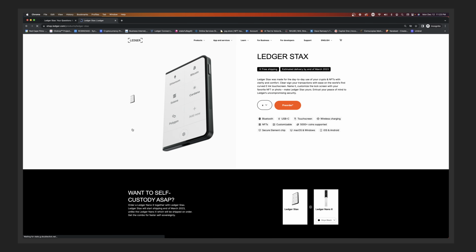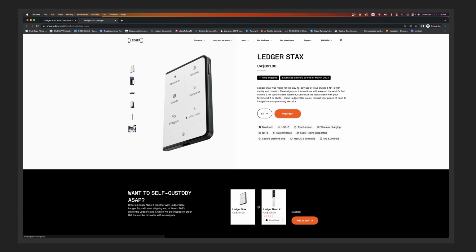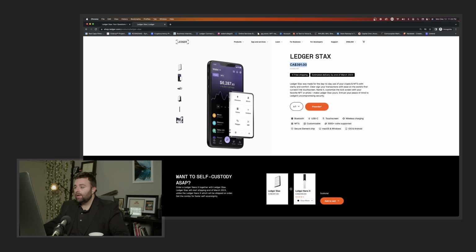So we're going to click on it here, and you can pre-order it. I'm trying to look for a price. I believe, yeah, $391 Canadian. That's a lot of money, and especially for something that I haven't seen that has color. Like if you can't display NFTs in color, and I'm paying $400, that's ridiculous. That doesn't make sense to me. It does look slick, but that is a problem, right? It is expensive,